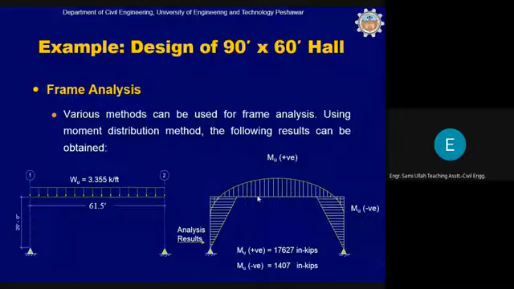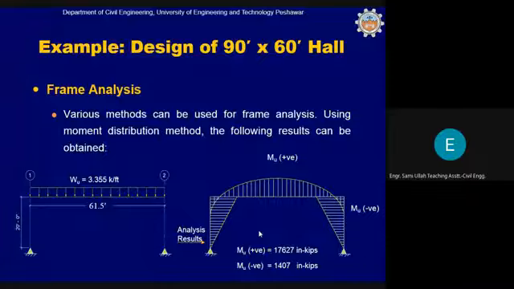You can analyze this system, or even using tapes you can do the analysis, and after the analysis you find that positive bending moment is equal to 1706.27 inch kip, and negative bending moment is 1407 inch kip. There is one interesting thing you should note down: